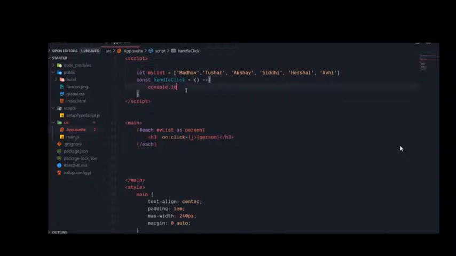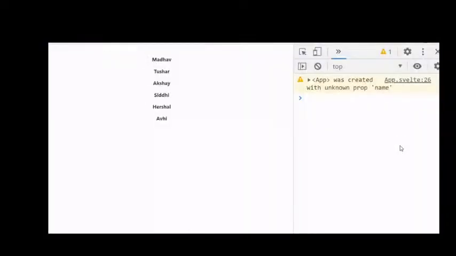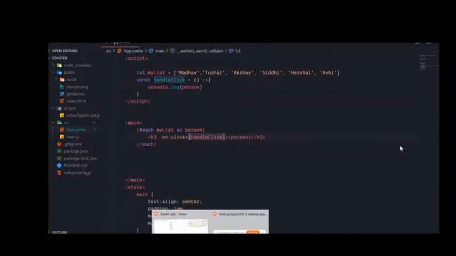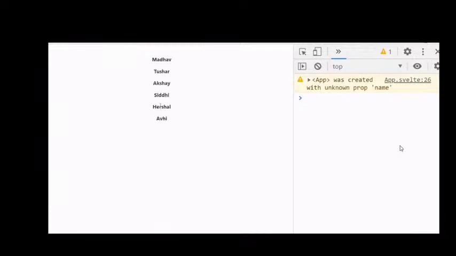Correct, console log. I'll just say console log person. And I'll add the click over here and then go to the browser. I haven't saved this. So log, on click, and click. Correct. And if I click on this,